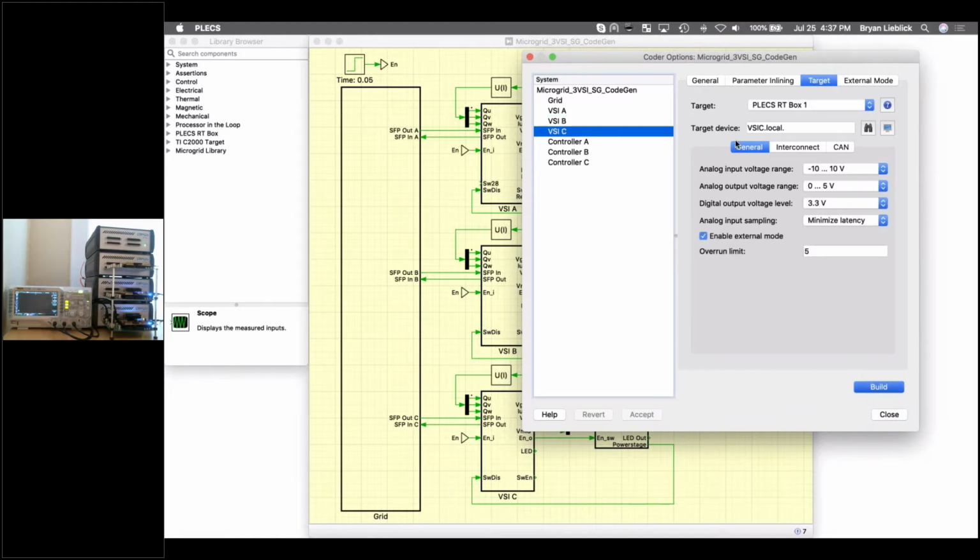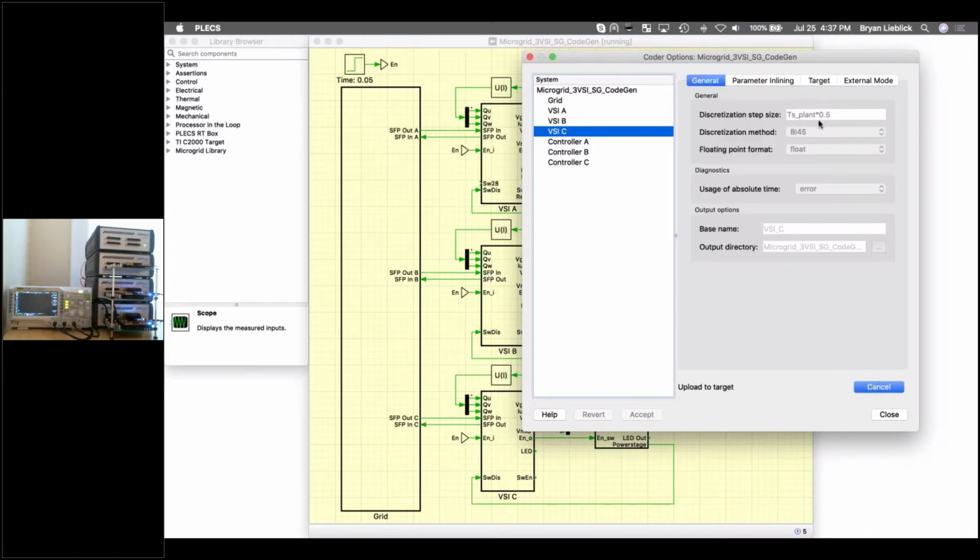and configure our RT box, as well as specify the discretization time here. And so if we look over here, we can say that we're operating at, in this case, 5 microseconds. A TS plant is 10 microseconds. And so with that, they're all started. And so we can actually see here, these lights went from blinking blue to solid green, solid blue. And we can see that our scope is actually showing a 3-phase voltage waveform at the connection point of VSI